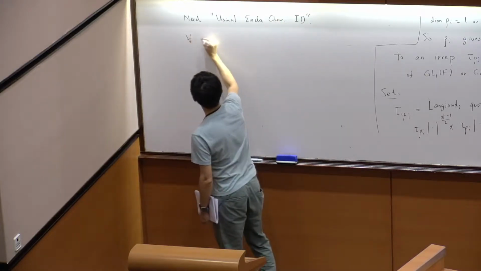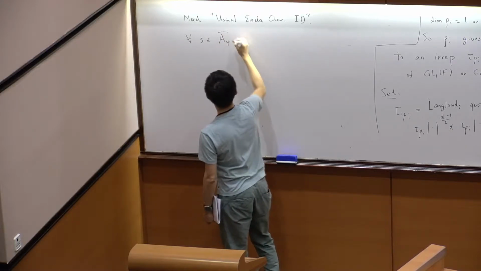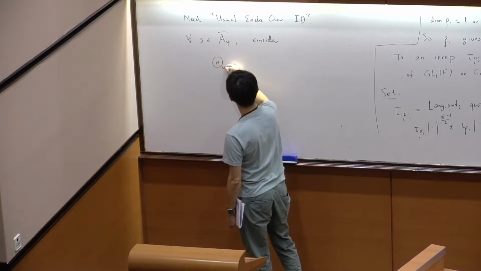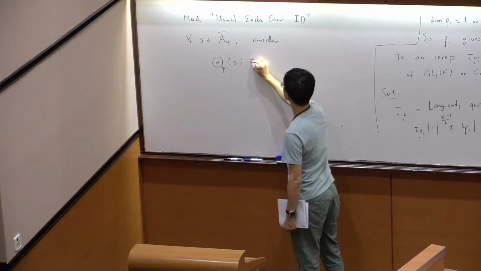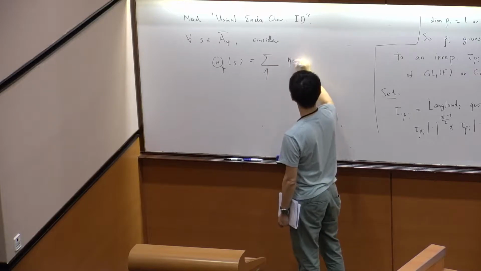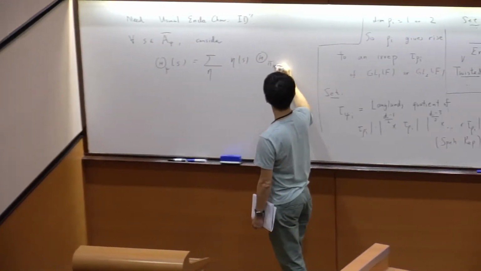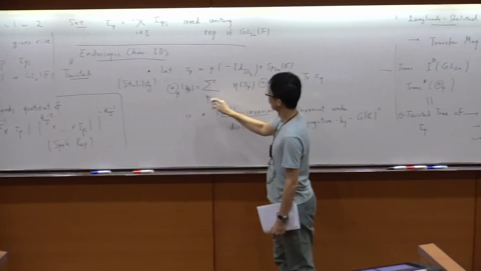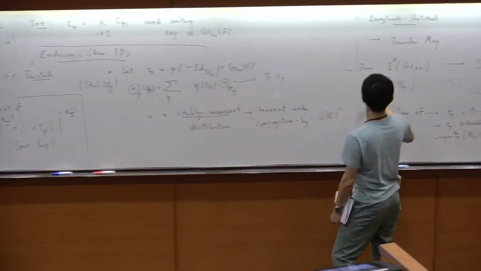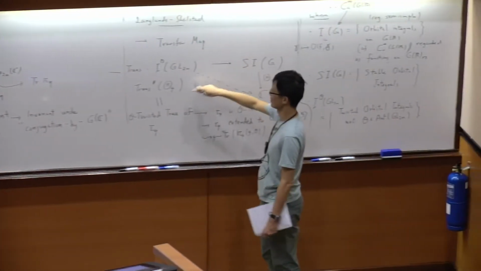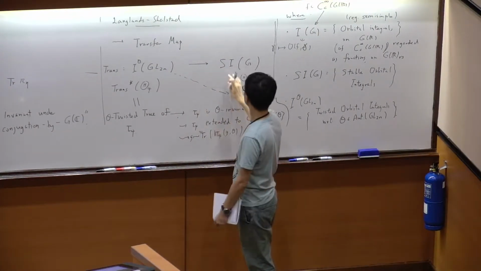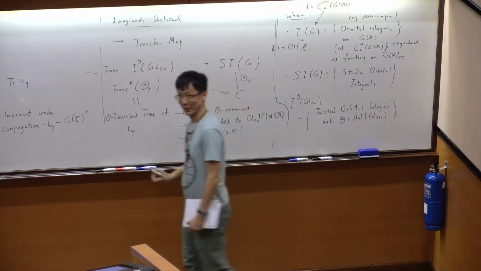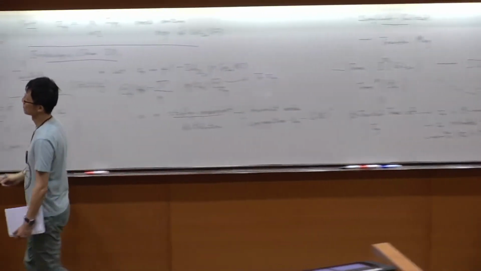In other words, for all S in this component group, you consider... Okay, so for this special S, we find that we can describe this. At least the second part of the statement says that this guy can be understood because we know that its transfer is describable in terms of some representation of GL. Okay? But for the other ones,